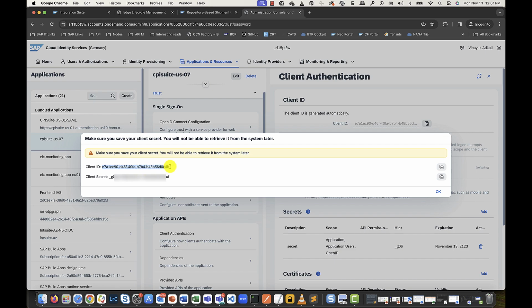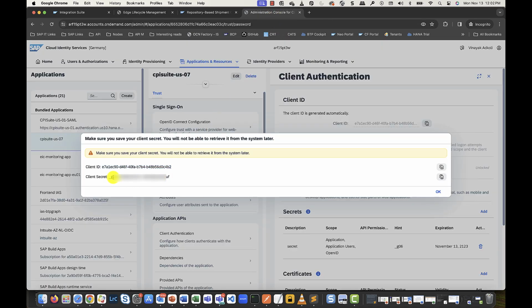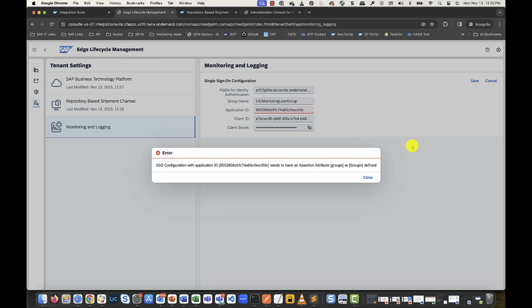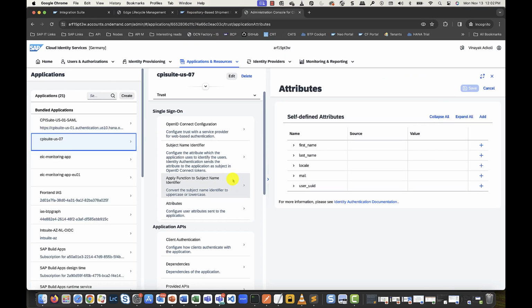Make sure you copy your client credentials and copy them over into the respective fields in our ELM configuration UI page and save. Looks like I forgot a step to set the assertion attributes. So let's head back to our IaaS page,